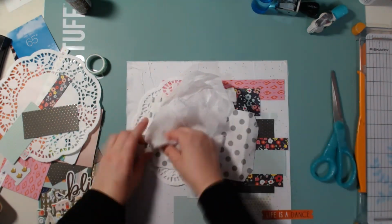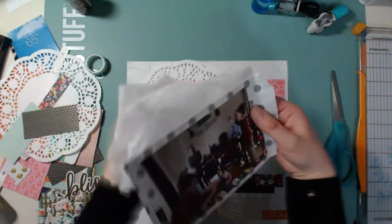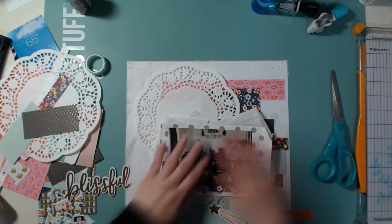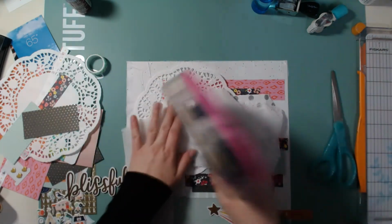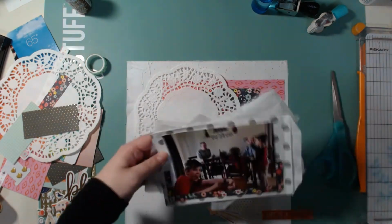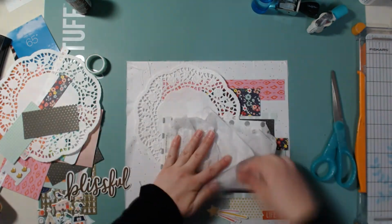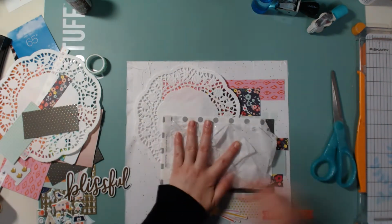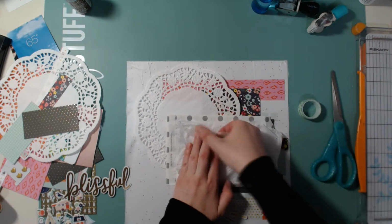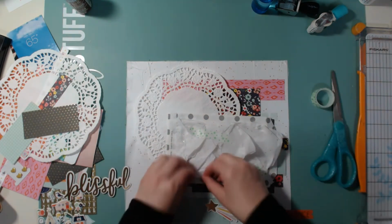And I was thinking maybe it would be kind of fun to have this tissue paper sticking up off of it, but I think in the end I decide I don't like the way that looks. But here I'm just going to go through the process and I'm not really sure I like it, and so then I just decide, okay, never mind. I'm just going to washi tape this down behind the photo,